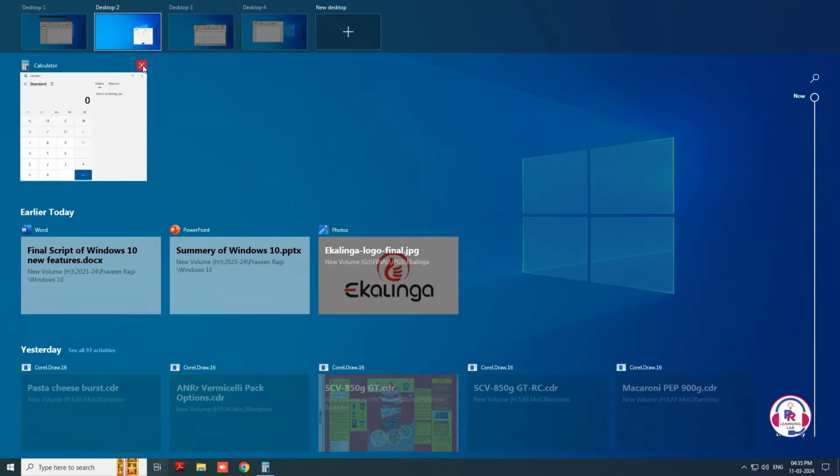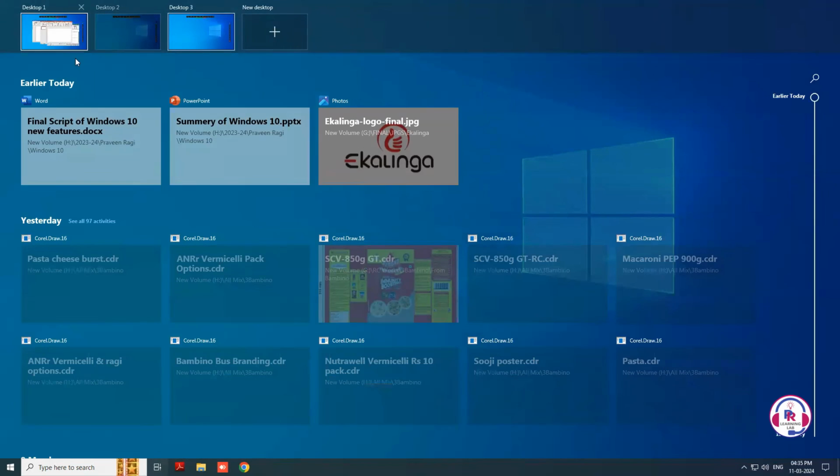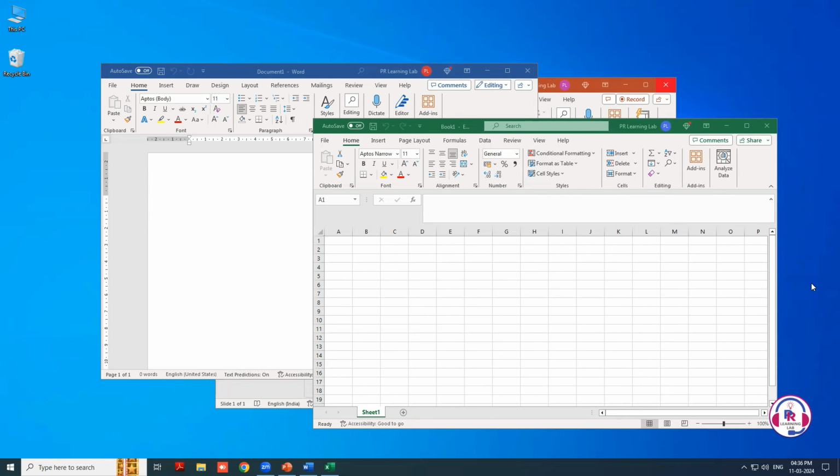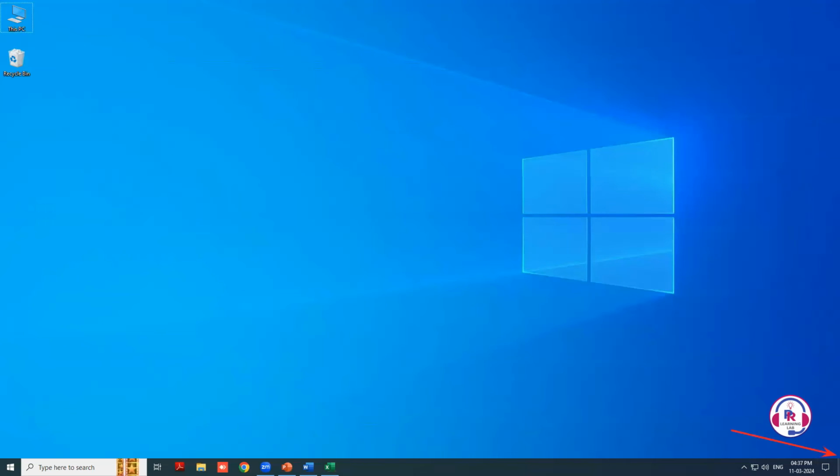In Windows 10, managing multiple applications efficiently sometimes means quickly minimizing all open windows to get a clear view of your desktop. Today, we'll explore a handy feature that allows you to minimize all open windows at once with a single click, without affecting any applications. To minimize all open windows at once, look for the Show Desktop button located in the bottom right corner of the taskbar. This button looks like a tiny sliver of a rectangle. Simply move your mouse cursor to the far right end of the taskbar and click on this button. Instantly, all open windows will be minimized, revealing your desktop.